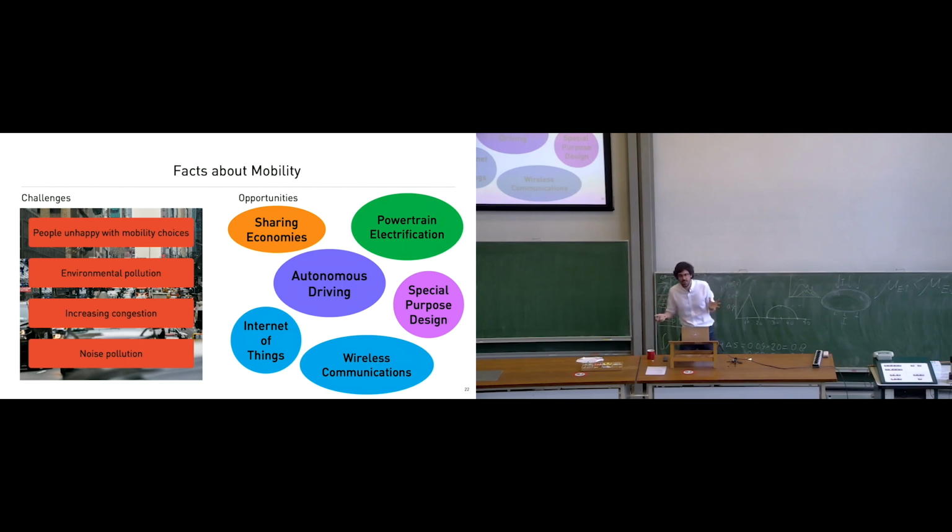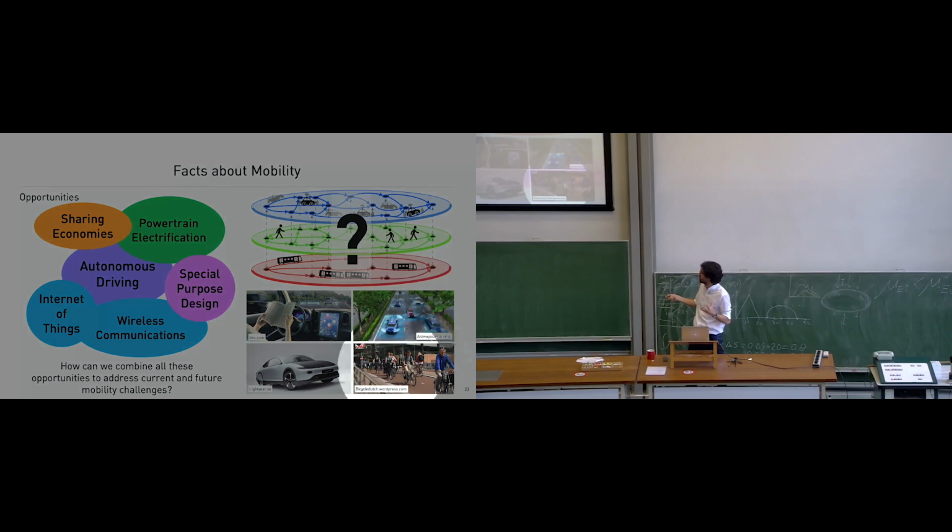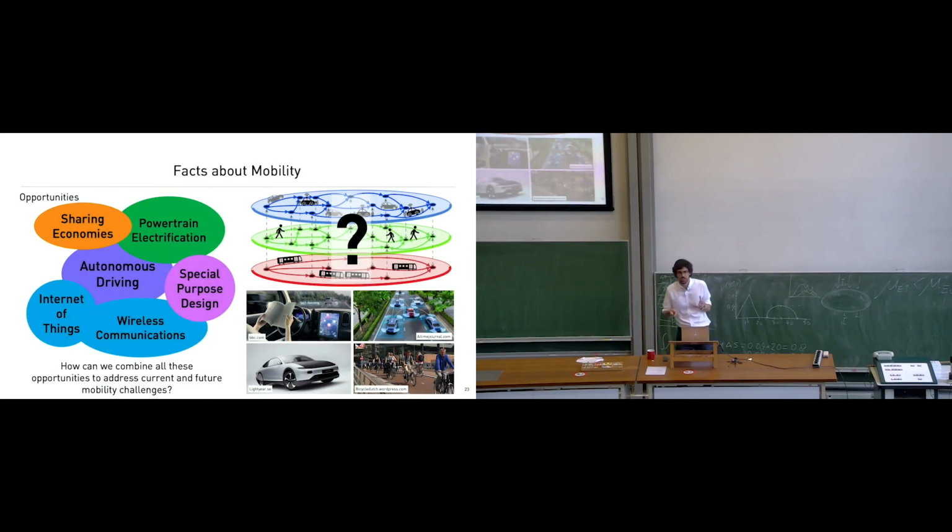However, it's not really clear how we can combine all these opportunities to address today's and future mobility challenges. You see in Uber and Lyft and these transportation network companies, it was shown the empty vehicle miles driven increased congestion. These vehicles were looking for customers and driving around empty. So how can we combine these opportunities to address current and future mobility challenges and combine them with very well, and here you know them better than me, established technologies? Well, this calls for optimization methods to address design and operational problems of current and future mobility systems.